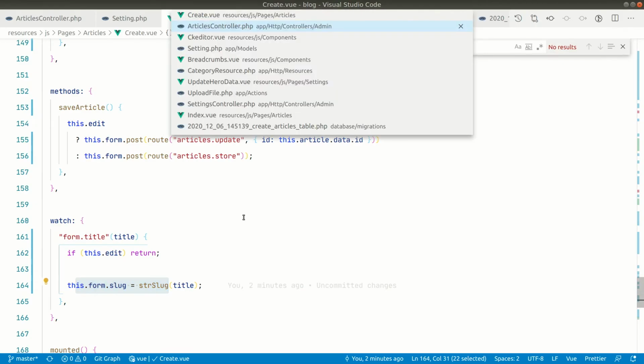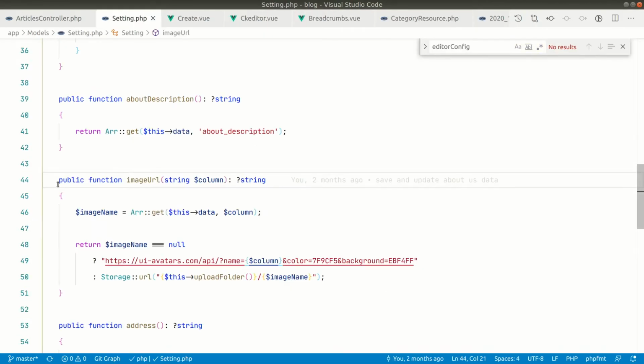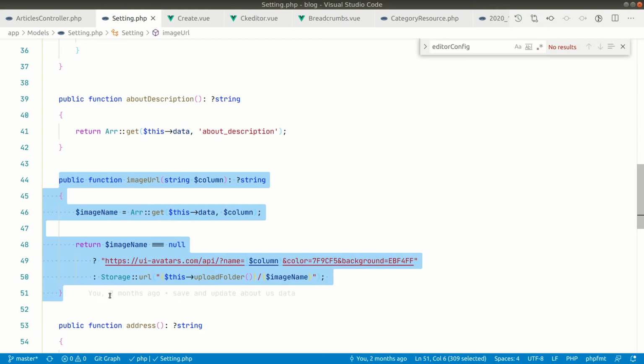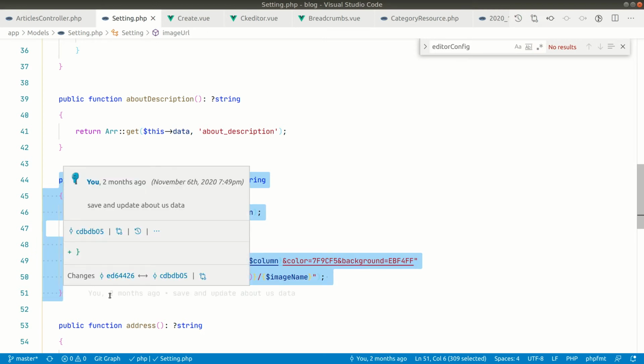So now if we go here in the settings, we have this image URL here. Okay, so for now we will be copying this data, and in the next video we'll be refactoring all this data and using it only once, because we have only used it once here, and now we are again using this in the article. So we are using the same code twice. Then according to the DRY principle, we should not repeat our code. So first of all, let us repeat the code and let us then refactor it.